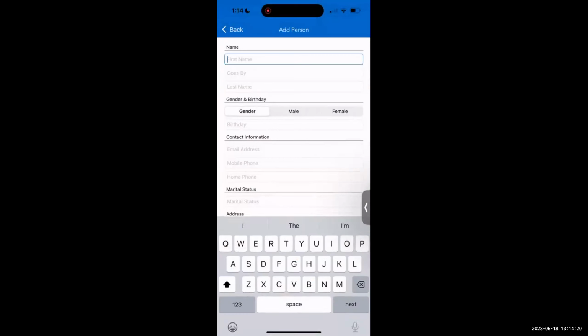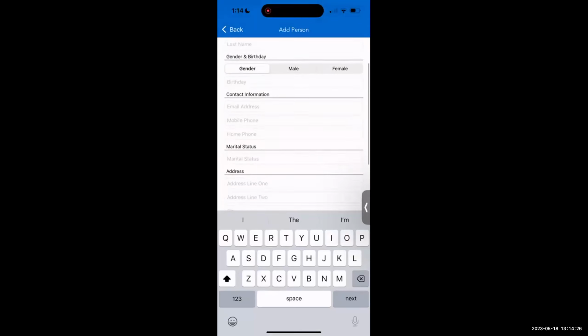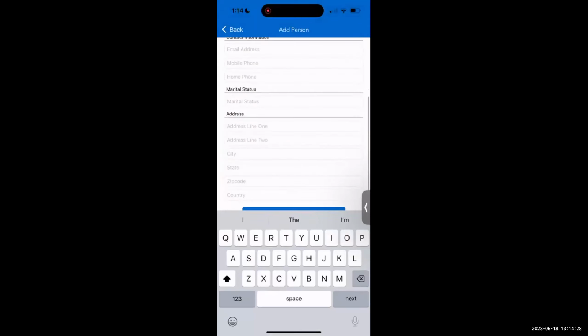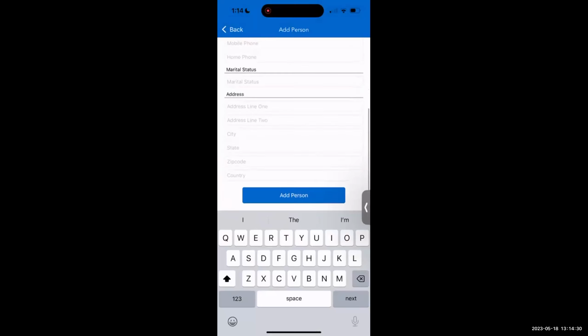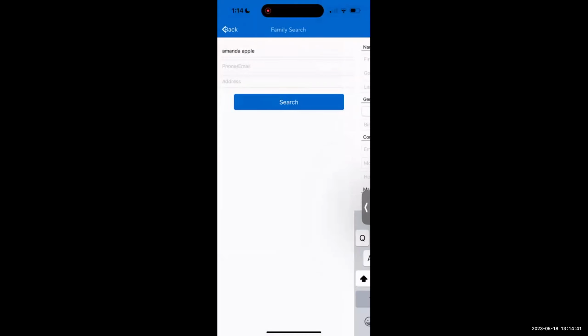Now, if you tap add new person, you have the ability to insert information from gender to email address and marital status and so forth. And then once you add the person, it will add that person into your life group and into our system. So they will start showing up under the guest feature moving forward. Now, if we go back,